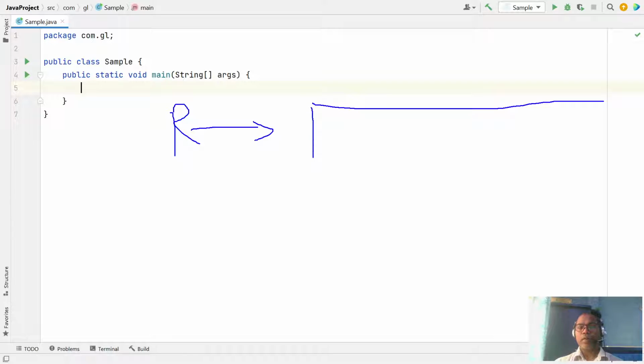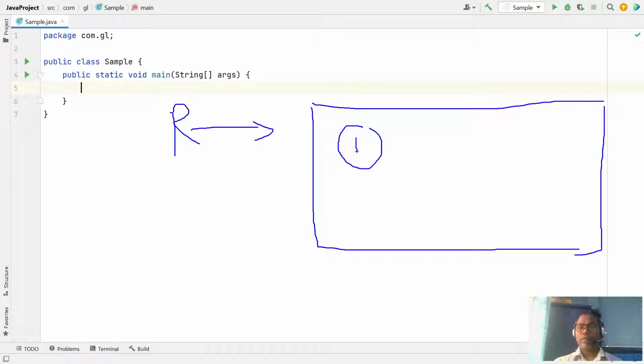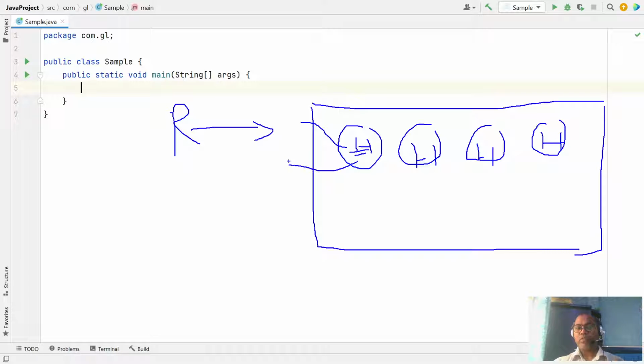The service provider can handle the request through handler 1, handler 2, handler 3, or handler 4, any kind of handler. Whenever one request comes, the handler checks whether it is able to handle this request. If yes, it responds that your request is served. If it's not able to handle it, it passes the request to the next handler.